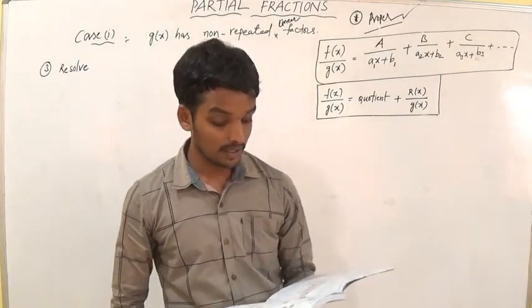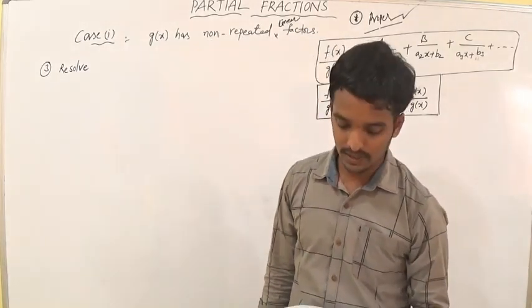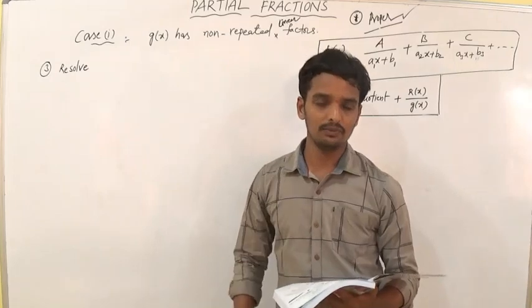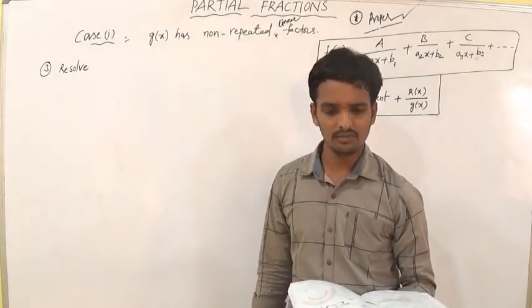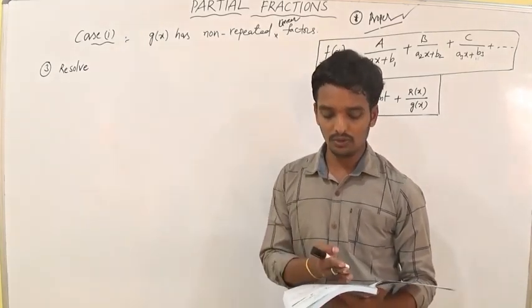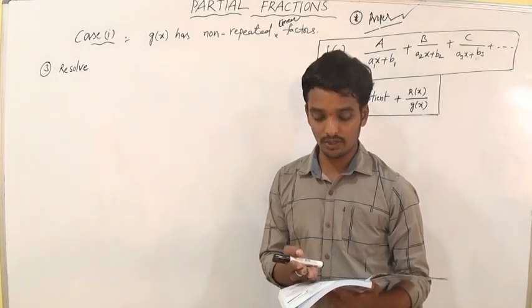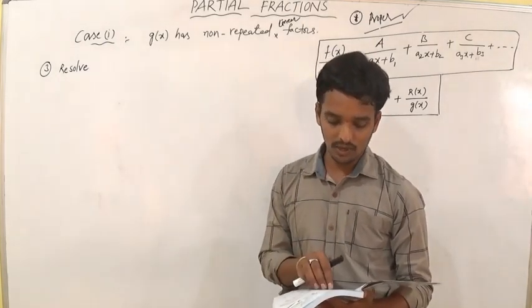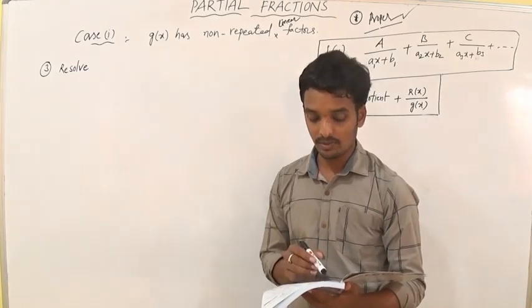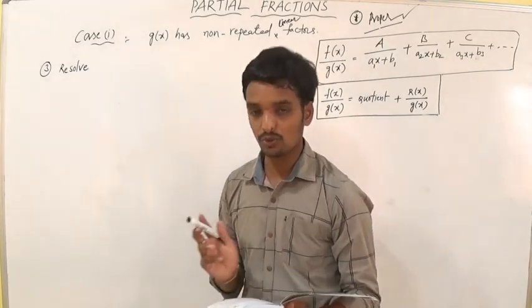(2x minus 1) by (x minus 1)(2x plus 3) is equal to, they are getting some value. What is the value of k? You can solve it. No need to see the solution and no need to see the key. First you have to write the partial fractions of (2x minus 1) by (x minus 1)(2x plus 3).